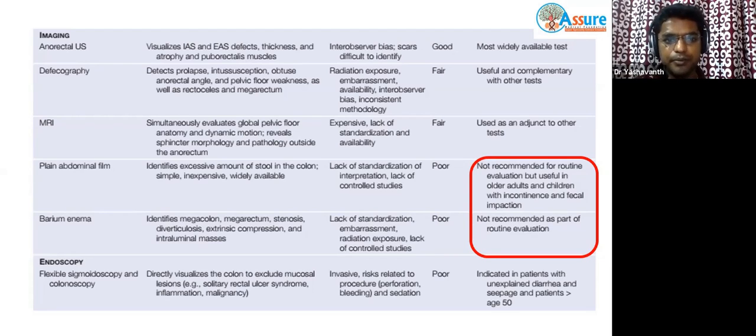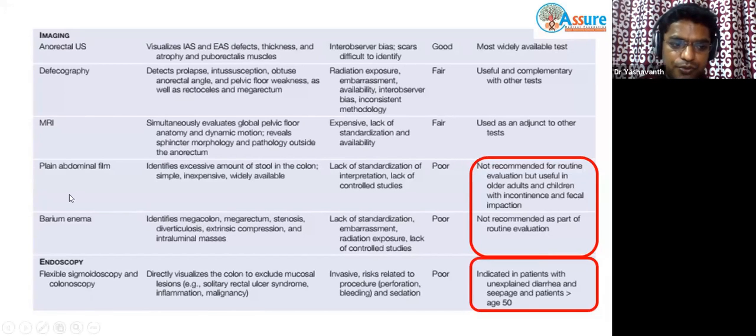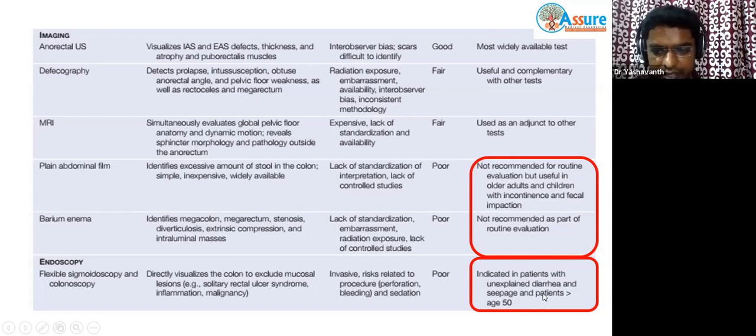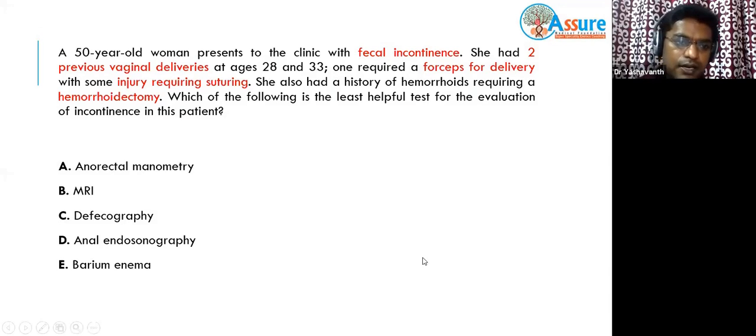Second, it should give us a pressure gradient, how is the function, whether the anal canal is able to contract or not. If it's not, then it is not going to be useful. Barium enema in that way will not help us, even abdominal X-ray for that matter. Endoscopy will be indicated in those with associated diarrhea and those more than 50 years old, where you want to rule out incontinence. Sometimes the presence of a villous adenoma in the rectum or proctitis can mimic this fecal incontinence.